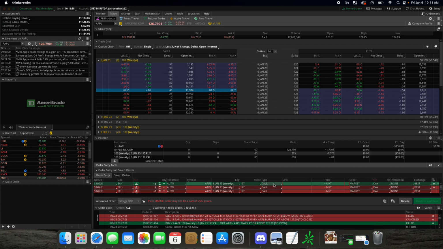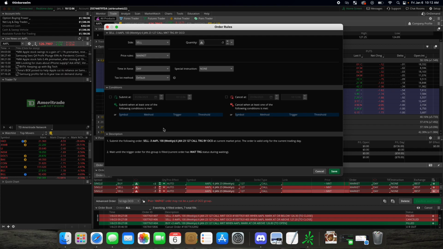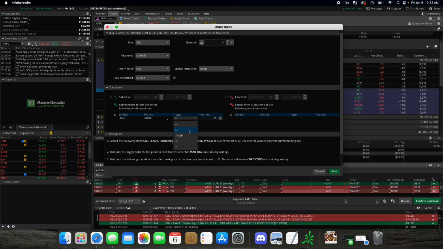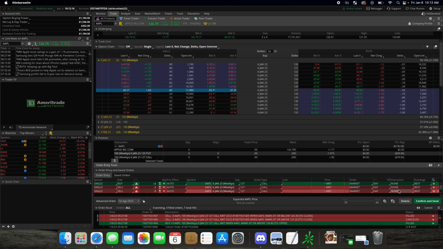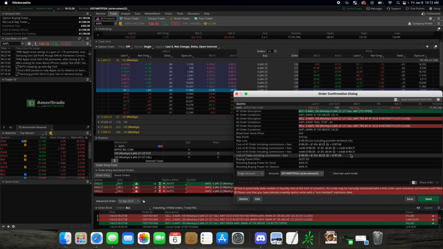And then, so finally, our entry point for this example is 126.10. Our trail stop is 50 cents. And then we do here, Apple trigger at or above 126.5. Save. Now, since this is pre-market, when you hit confirm and send,